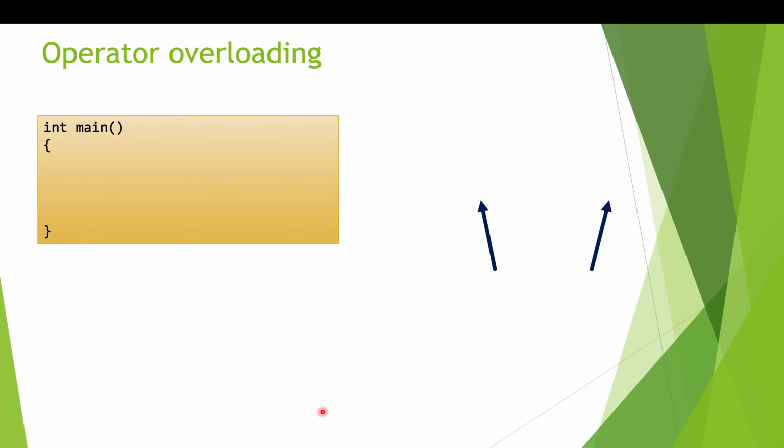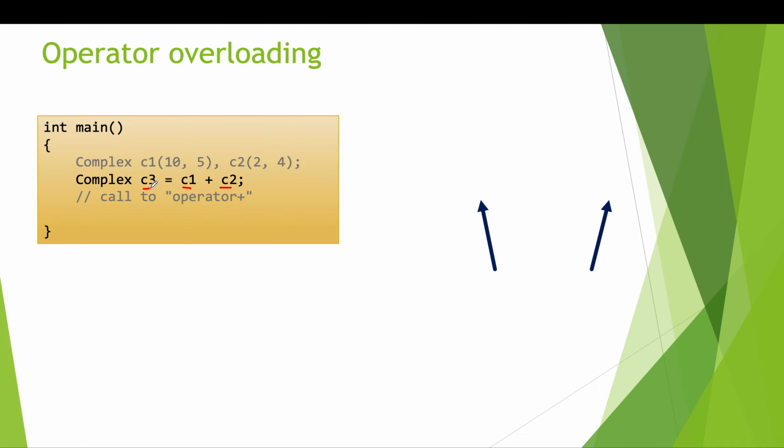Now we'll see the same thing again. We'll see how we are calling the function. So in the main, how did we call the function? We created two objects, C1 and C2. After that, we call the function in this way: Complex C3 is equal to C1 plus C2. Now, we need to understand what is C1, what is C2 and what is C3. All these three are objects of the class Complex.